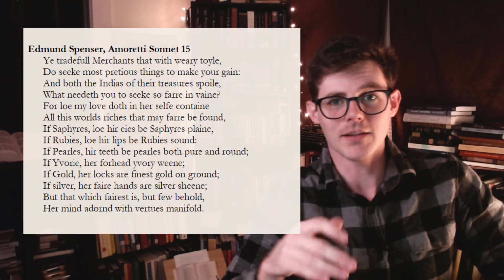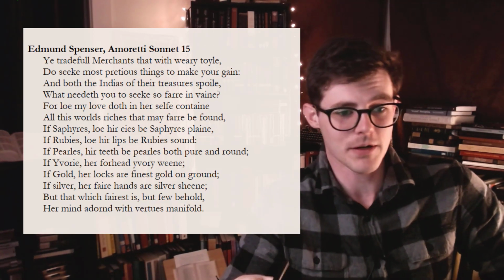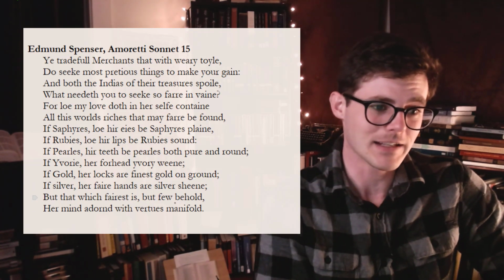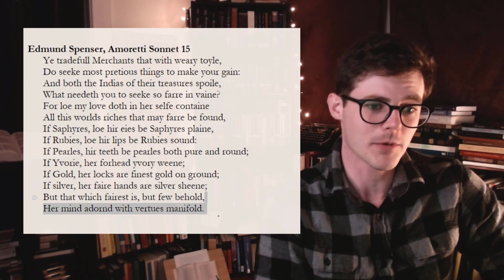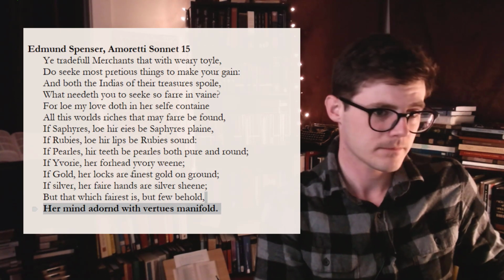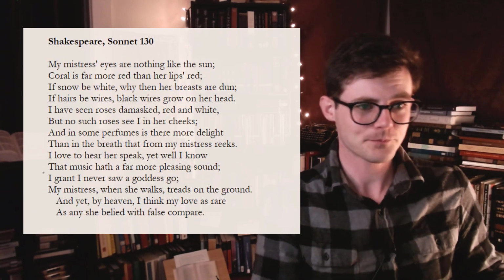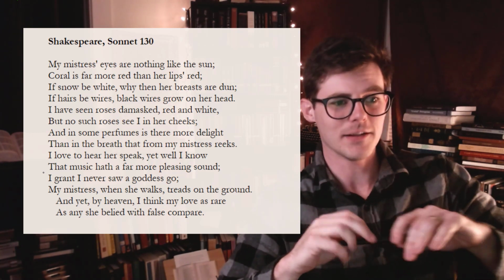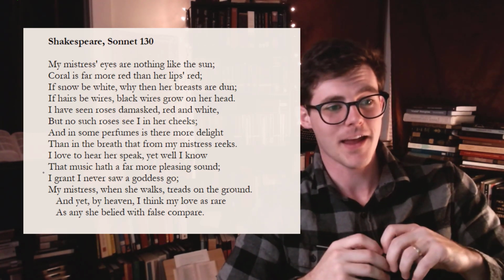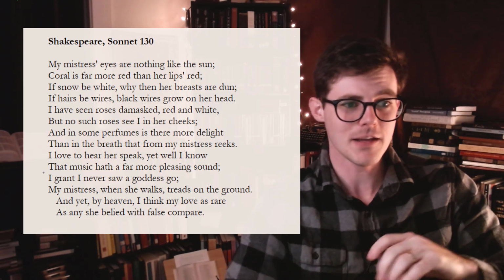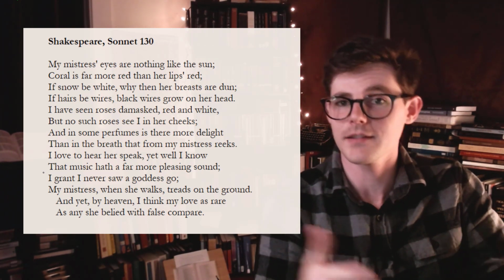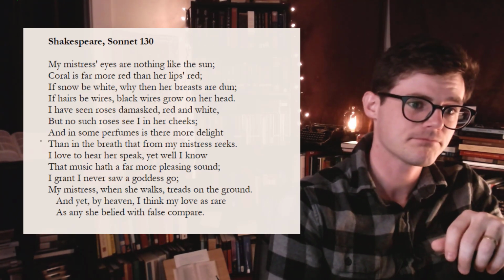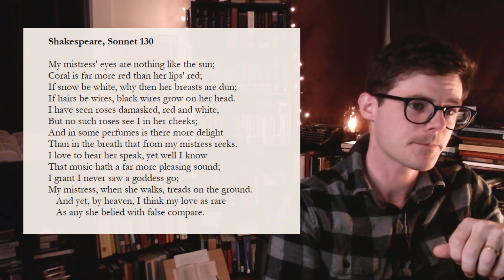Now, if you read a lot of blazons of this period, you know that Spenser is even toying with this convention a bit with that ending and drawing our attention away from her physical features to her mind. Now back to Sonnet 130. Shakespeare uses this convention, turns it on its head, really. Says that he really doesn't need hyperbole, that is exaggeration, to praise his lady. So the speaker of the sonnet says,